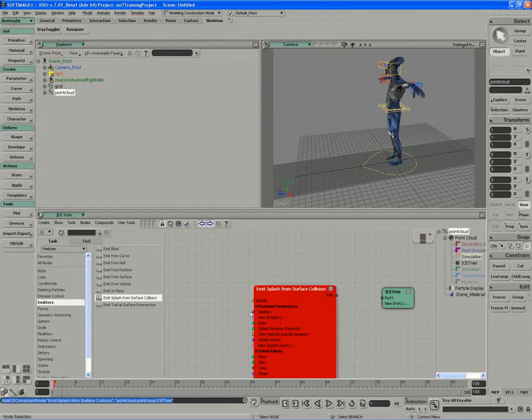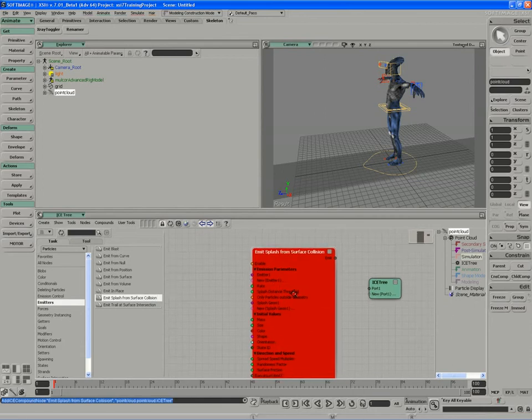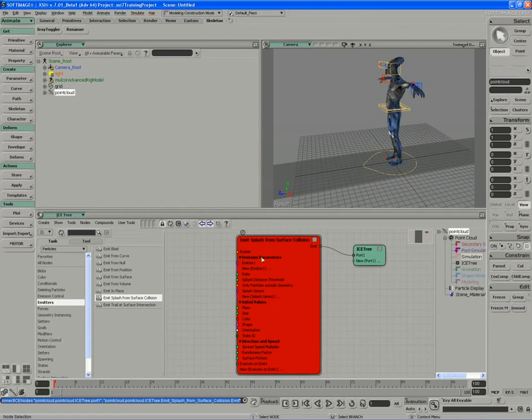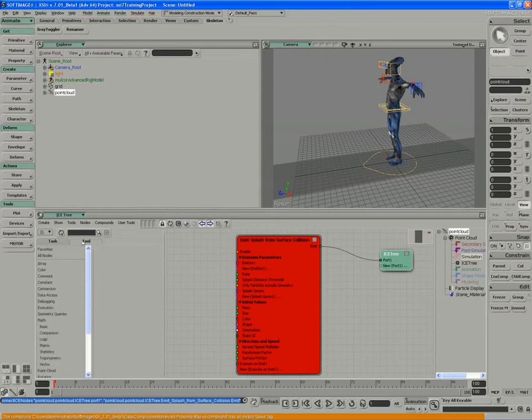I'll drag it into my graph, and of course it's not going to be resolved, so it shows up red. The emit splash will serve as the first input into my ice tree. And again, anytime you need to deal with any kind of emission over time, we'd want to also use a Simulate Particles node. So I'll look for my Simulate Particles node. I can look at under Tools,